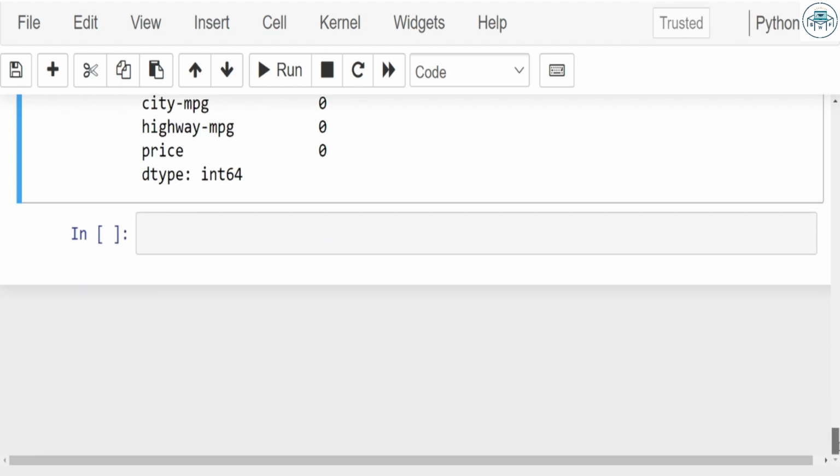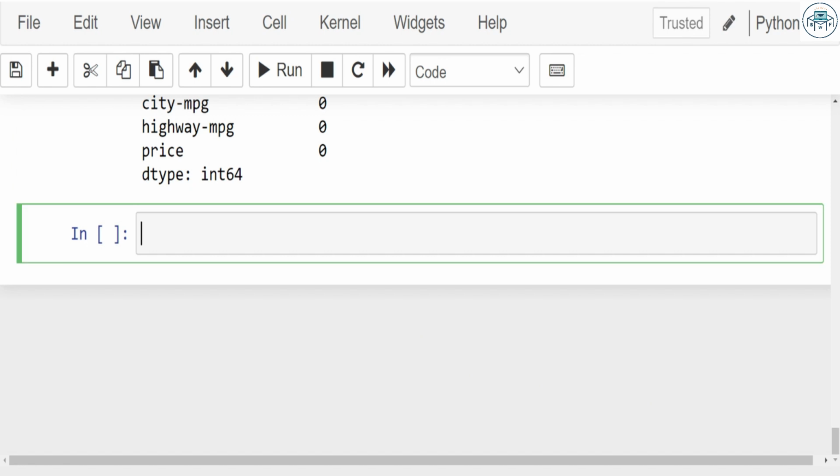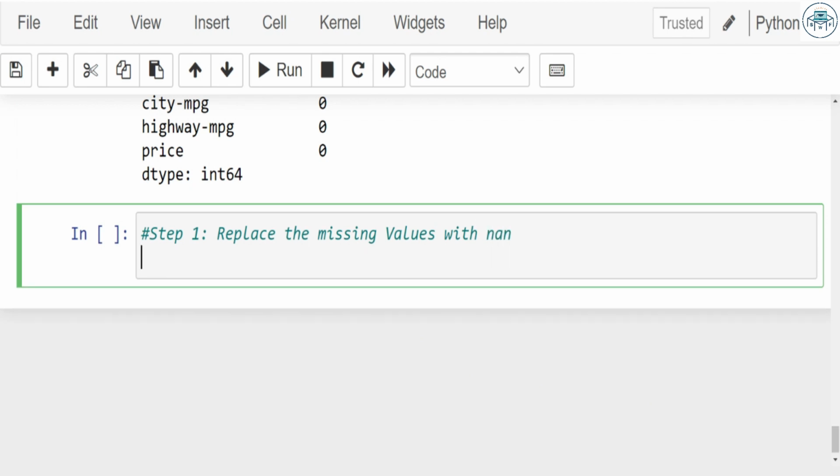Now let us start the four-step mechanism for handling missing values. What is the first step? Step 1, you have to replace the missing values with NaN. Replace the missing values with NaN. Okay, let's do it now. df normalized losses